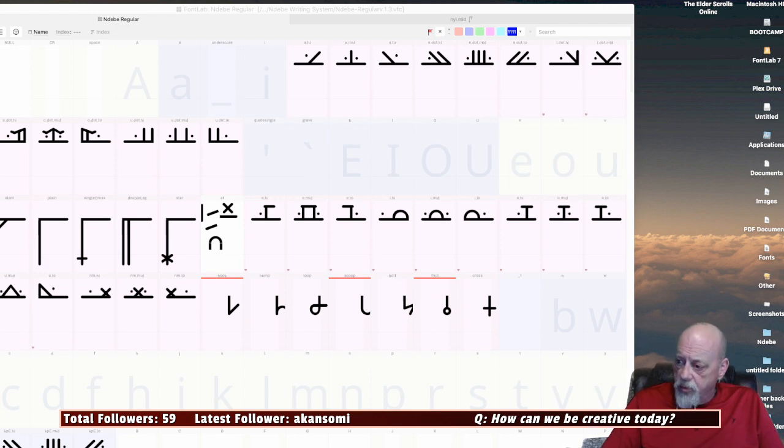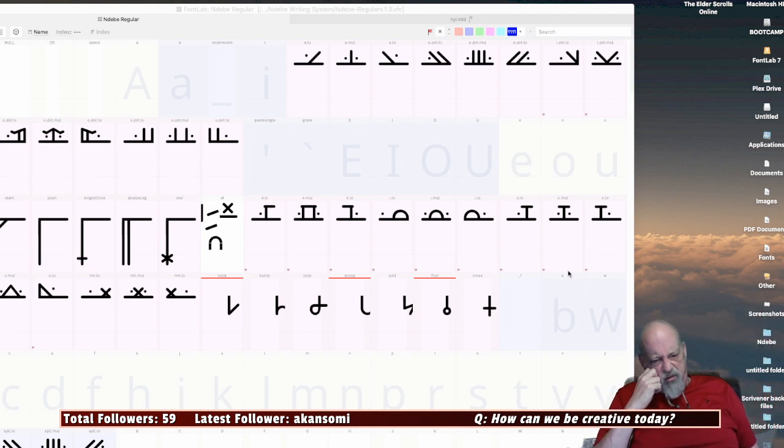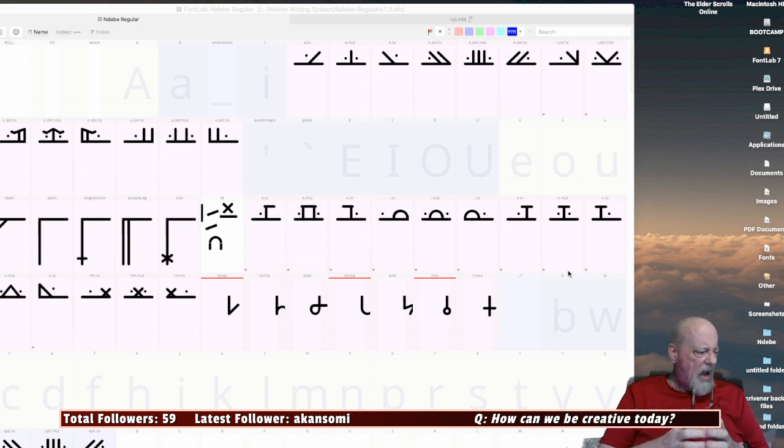So if we go back over to the chart here, oh, it's not cheap, it's expensive. I think it's $499 US or something like that. I had an older copy of a program called Fontographer from the same people, and they offered a cheap rate for upgrades to FontLab Studio 5 if you had Fontographer. So I did the upgrade and got to FontLab Studio 5. And then when it came to